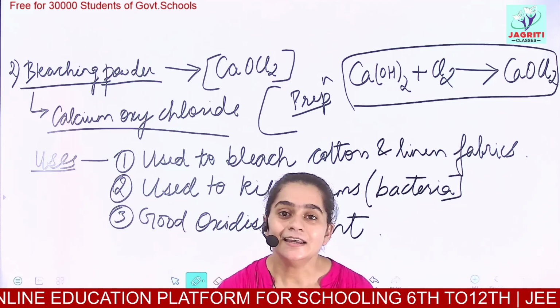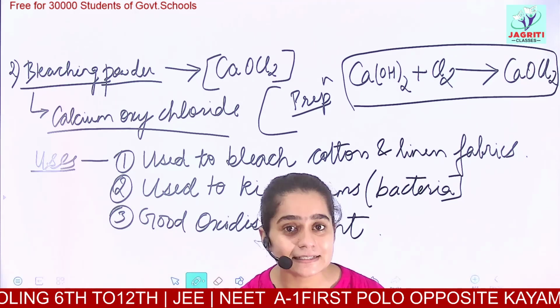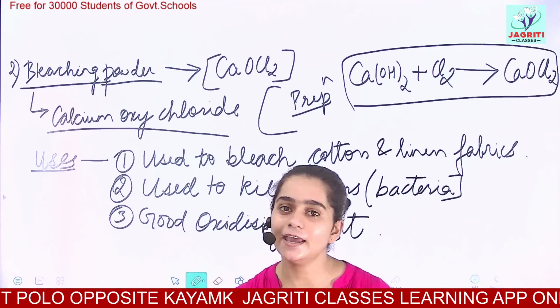So we are now left with 3 to 4 chemical compounds, that are plaster of Paris, that is made from gypsum. Then we have bleaching powder, which we have already discussed. Now the remaining three: first is plaster of Paris, POP. Then we'll discuss washing soda and baking soda, okay? Their preparation and their uses in the next video.